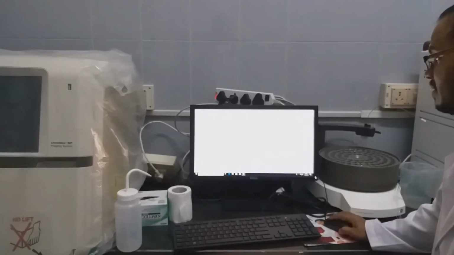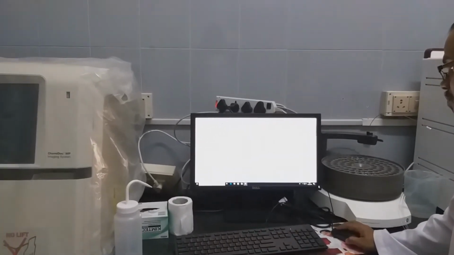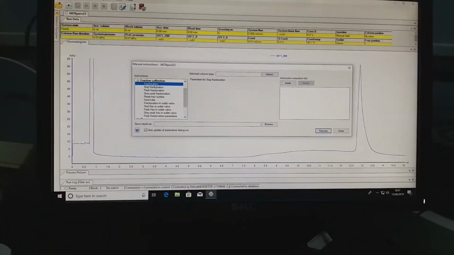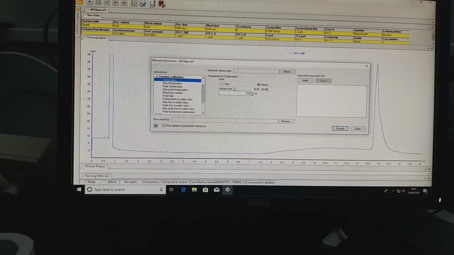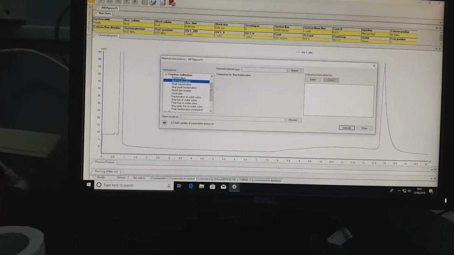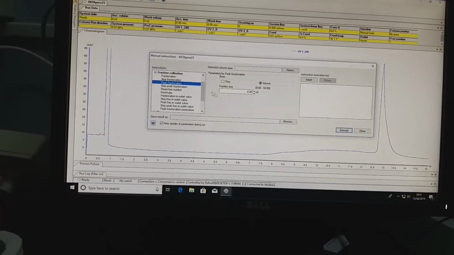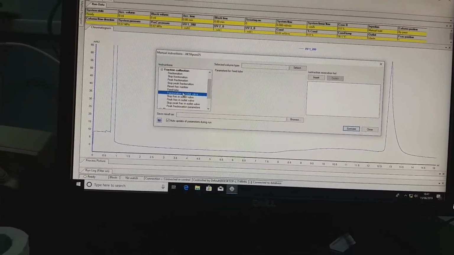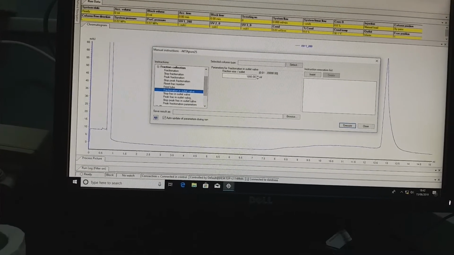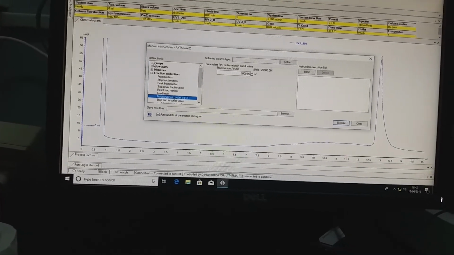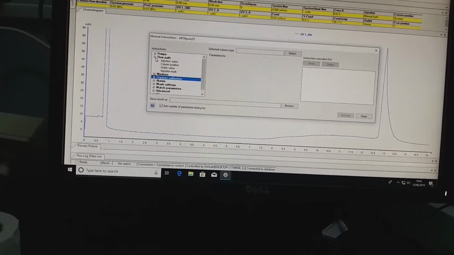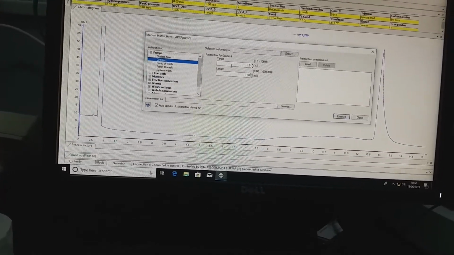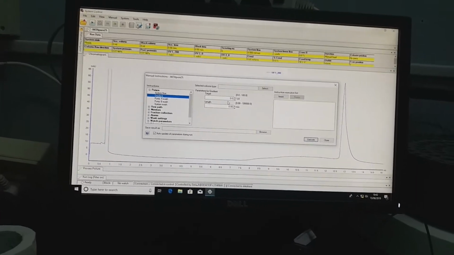In the main system control, there is an option for the fraction collector. How many fractions you need, when you need to stop fractionation, and how much feed to the fractionation outlet valve, all these things you can set there. In addition, you can also set a system gradient flow.